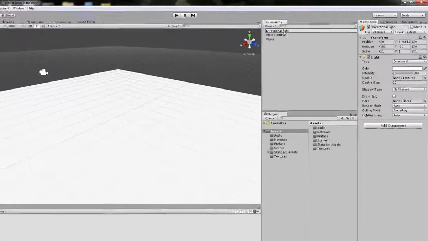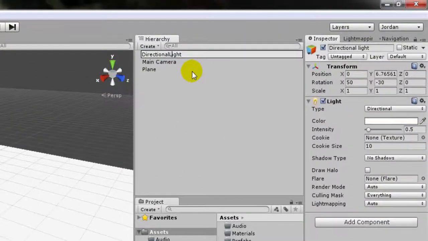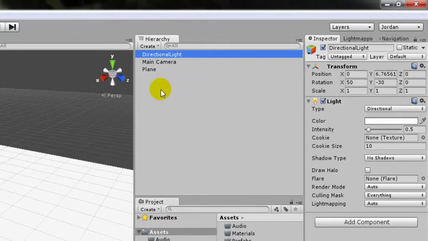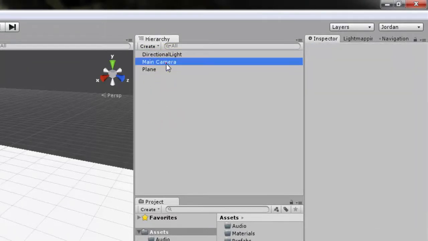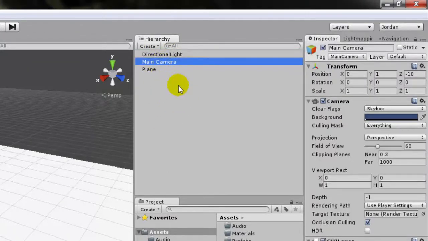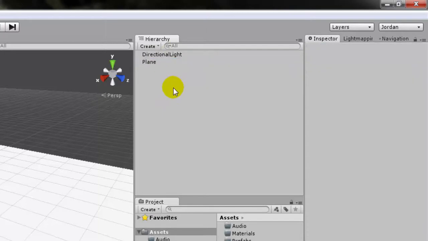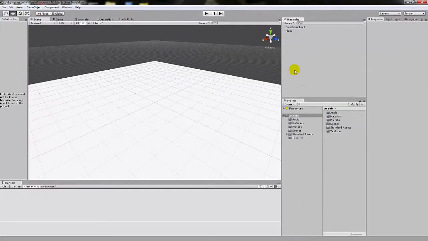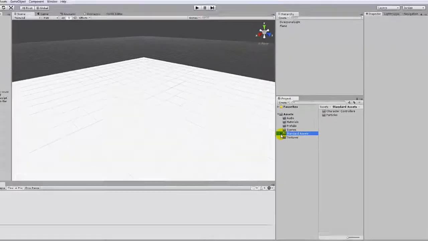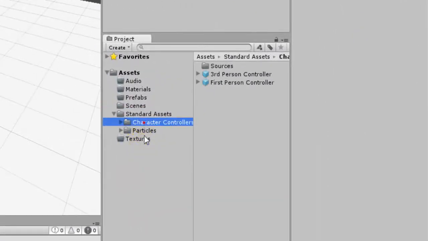I'm actually going to change the name of this. Again, I don't like any spaces in my object names, so I'm taking that out. We actually don't need this main camera. We'll go ahead and take that out. What we are going to use is what's in the standard assets. So if I open this up, the reason we imported the character controllers is because we're actually going to use